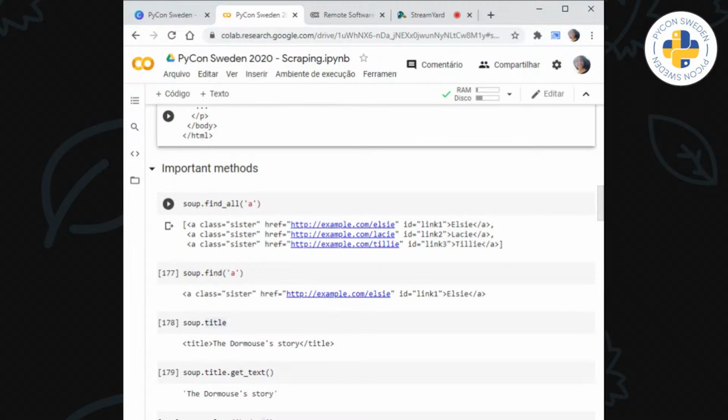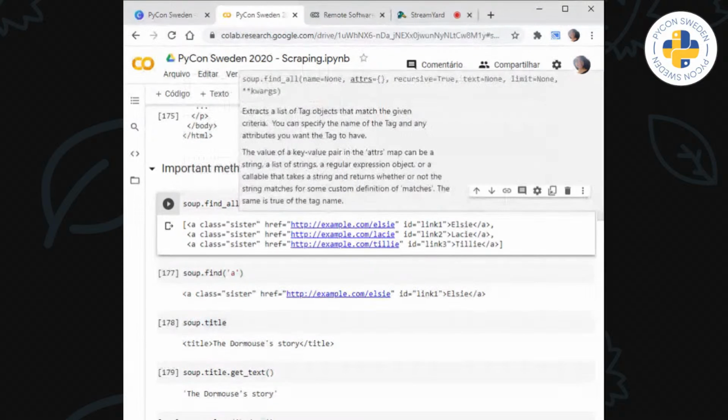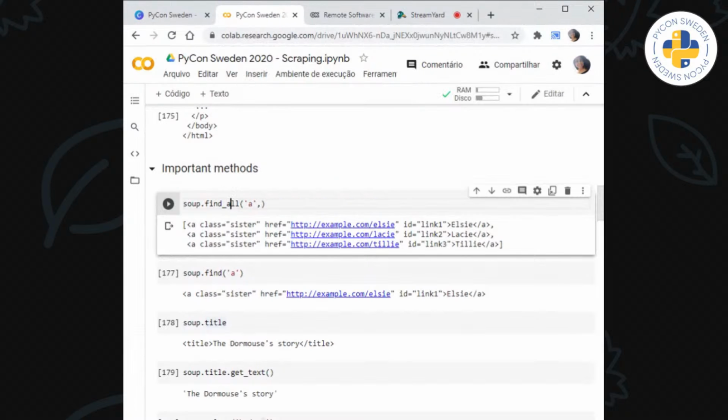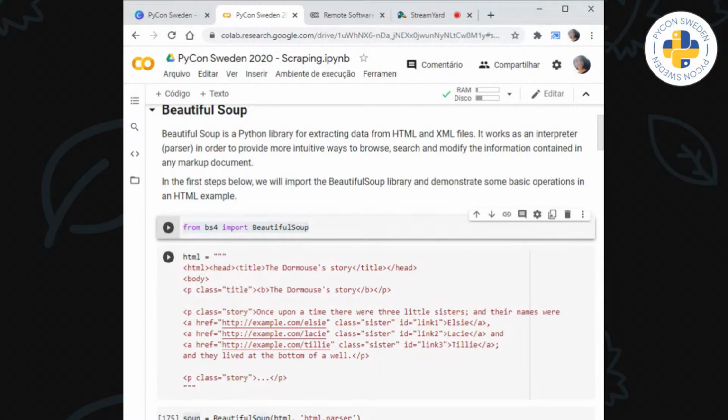So I could also get the link. Like, I don't only want all the links, I want all the links that have a specific class, for example. Here all the classes are sister, so I'm just going to use sister. I'm just going to make sure everything has been run.